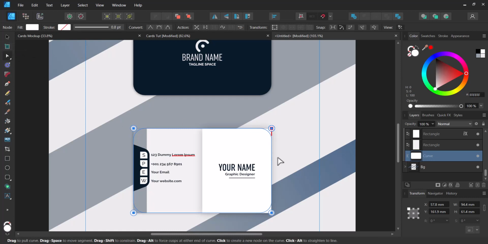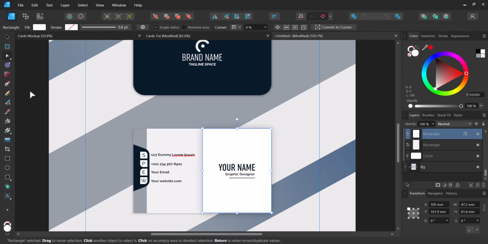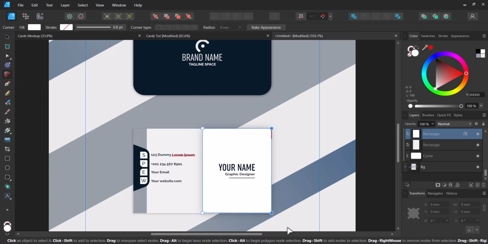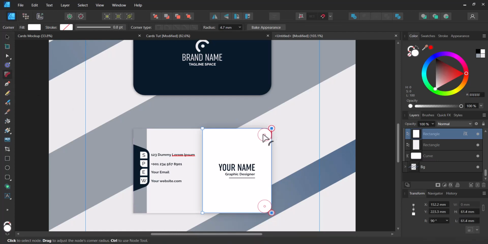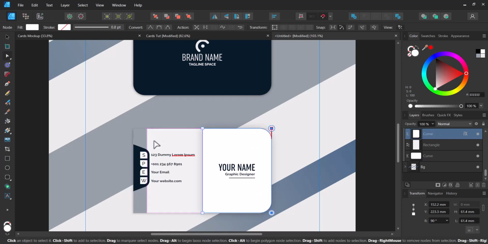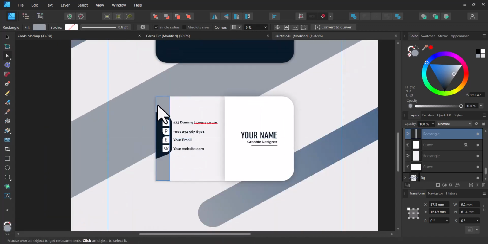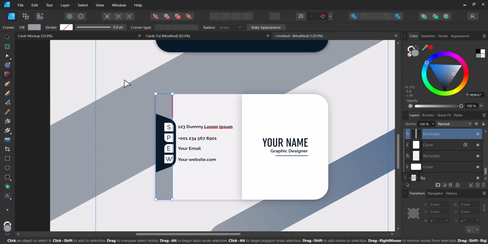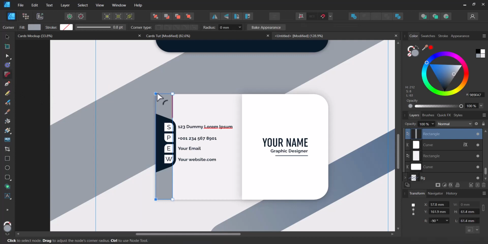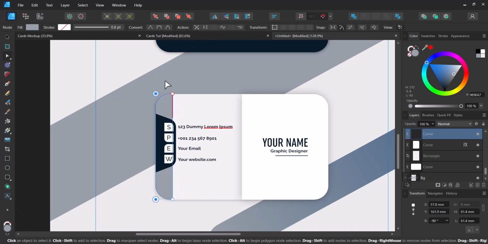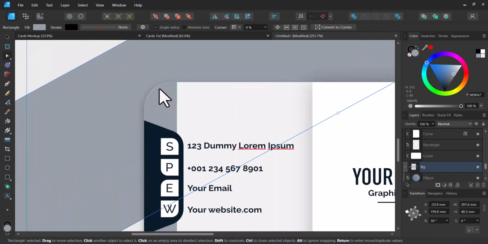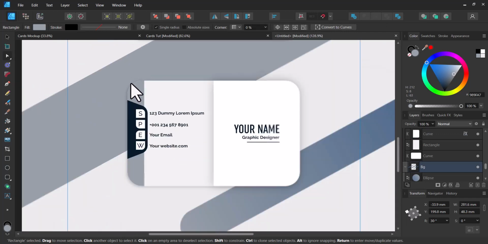Then you can hold V, click on that, bring this down to 8. This one is okay. And come to this one here, our corner tool, bring this all the way to 8. There. I think we have